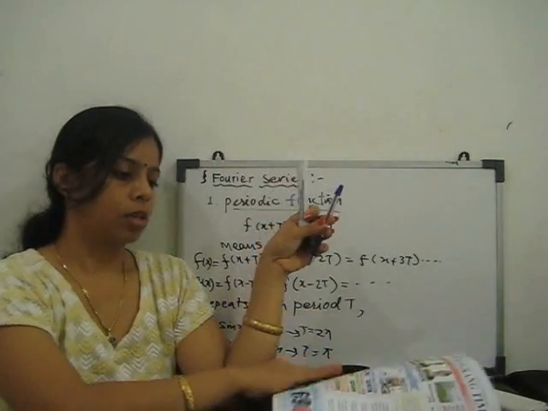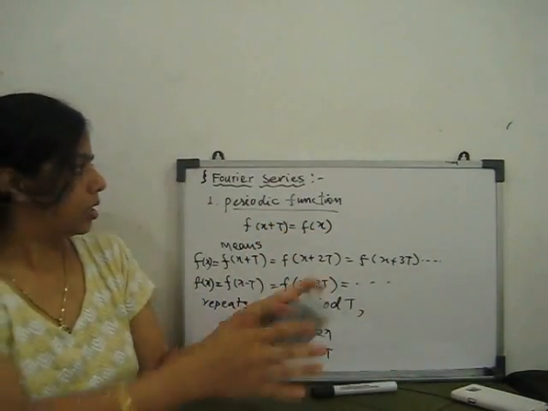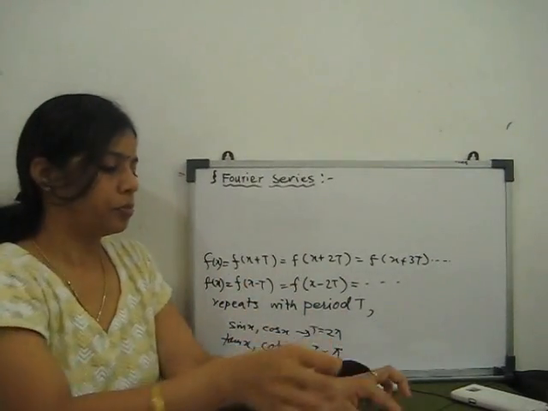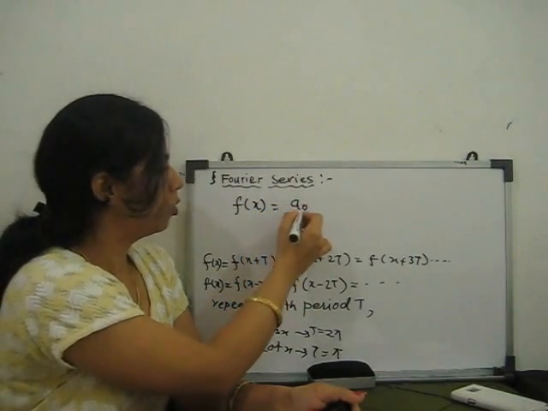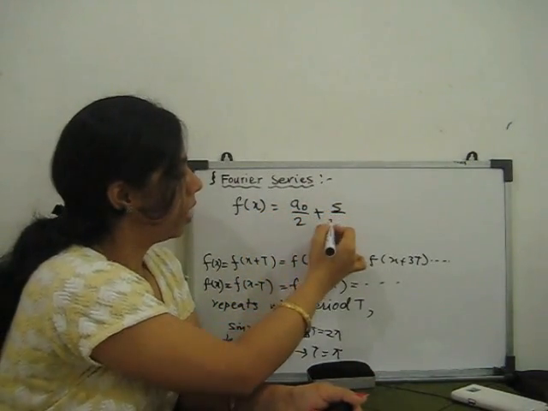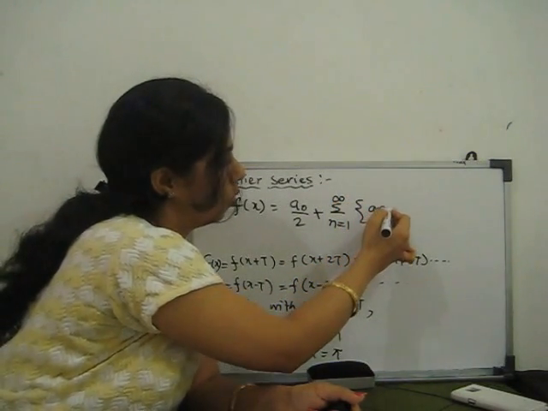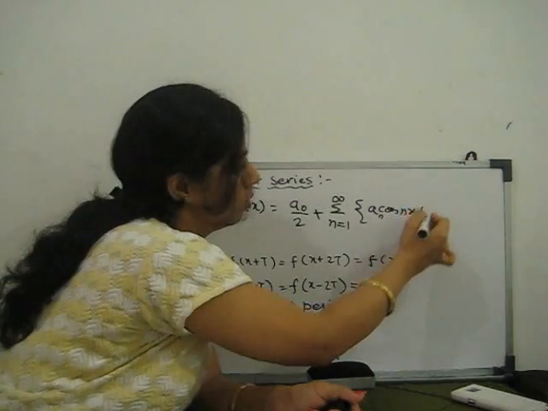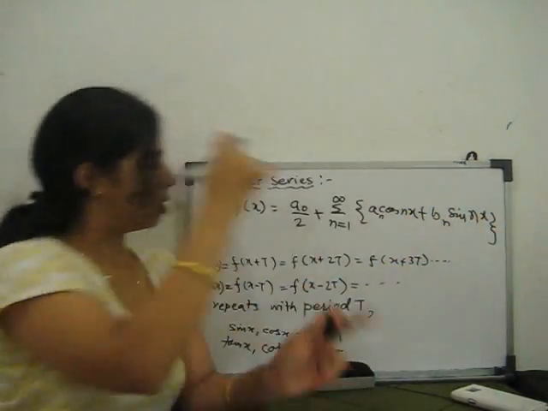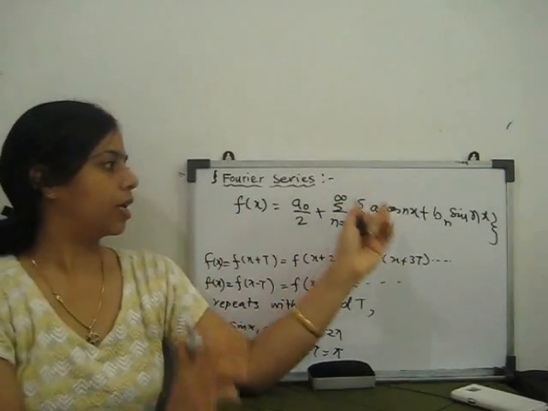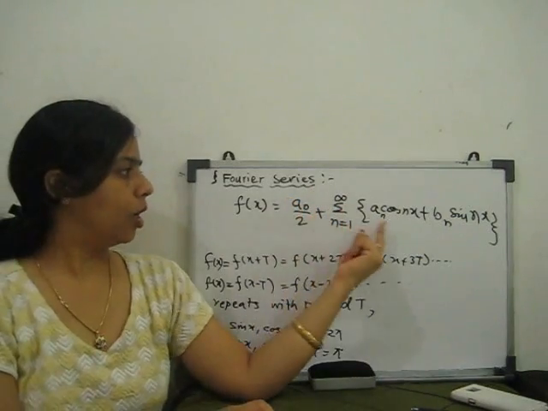So let us see what the formula for the Fourier series is. The Fourier series is defined as f(x) equal to a0 by 2 plus the summation n going from 1 to infinity of an cos nx plus bn sin nx. It means we can expand this function in terms of a sine and cosine series, where a0,